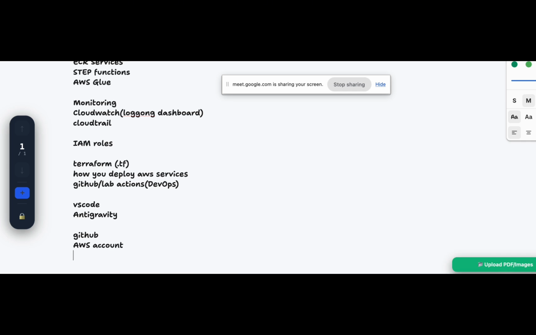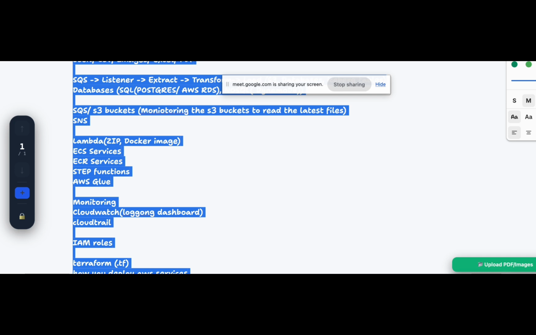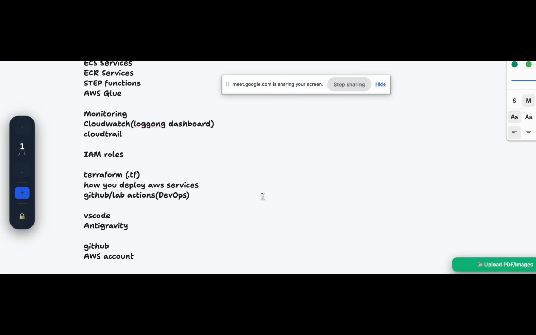For all these tools you need a little bit of knowledge, and mostly we'll use Python and SQL. So first we decide on the project, then we start doing the project. I won't suggest that you have to learn anything beforehand, because you can see YouTube videos and all. For that you don't need any other inputs, because usually they will also say